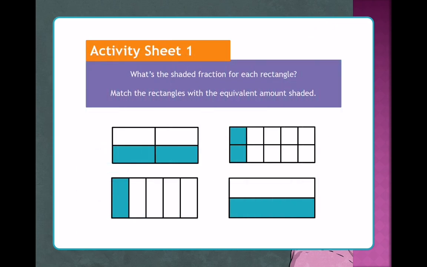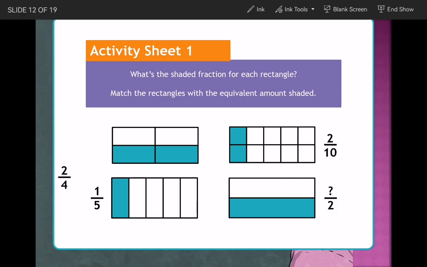Here, what shaded fraction is there for each rectangle? First, we need to know what each part is. So the first one is 2 over 4, then 2 over 10, 1 over 5, and half. So first we need to complete this: 2 over 10, 1 over 5, and